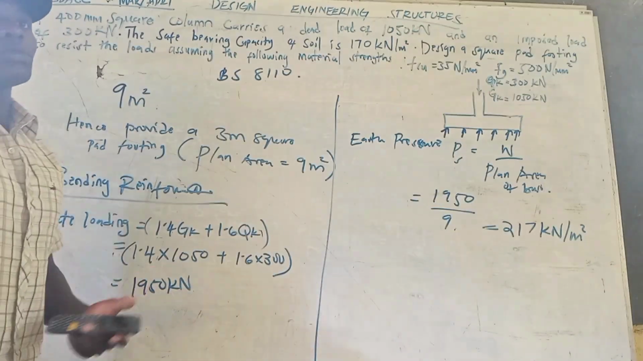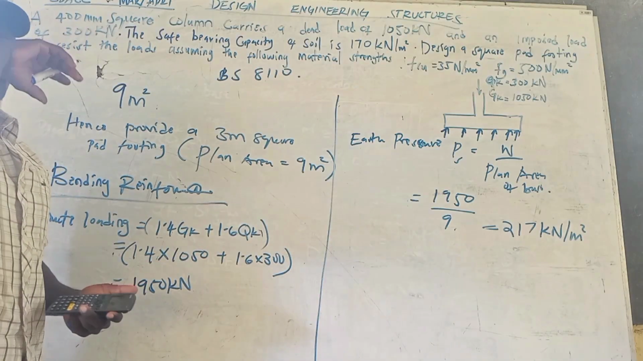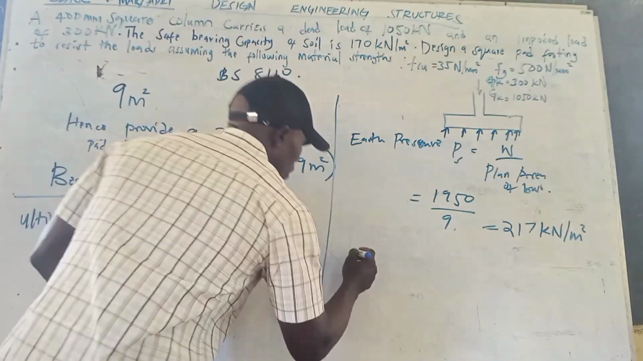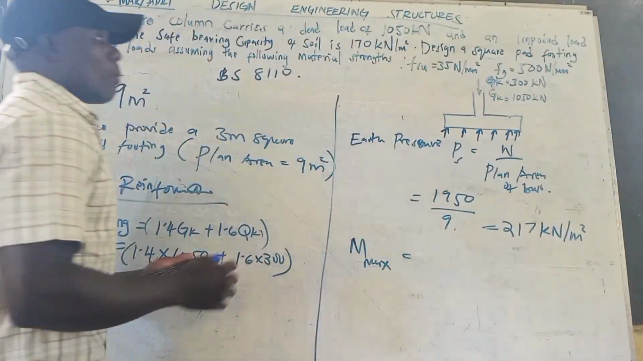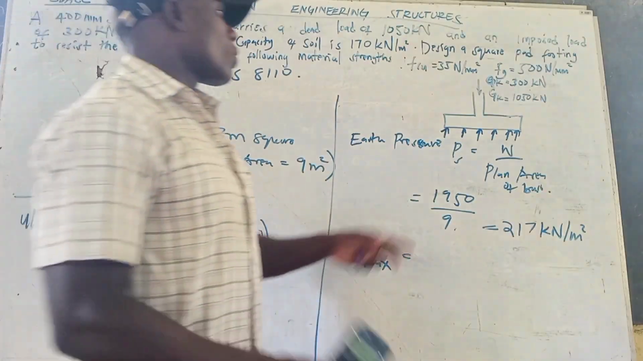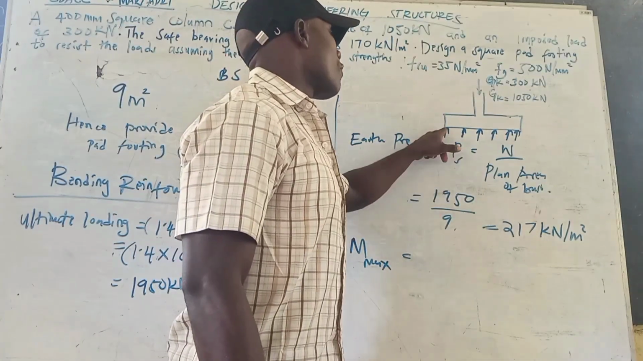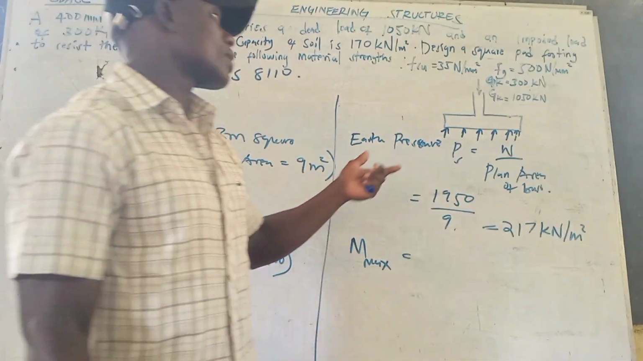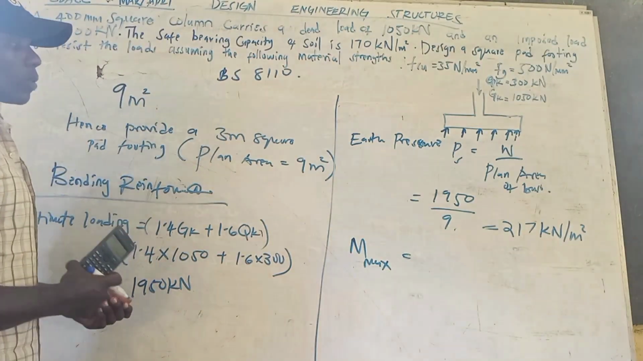Then we move to the maximum design moment. Maximum design moment occurs at the face of the column, I mean, of the footing. Maximum design moment occurs at the face of the footing. So it is obtained by,